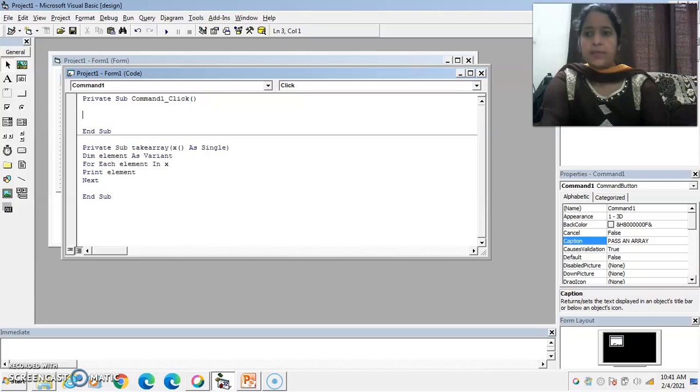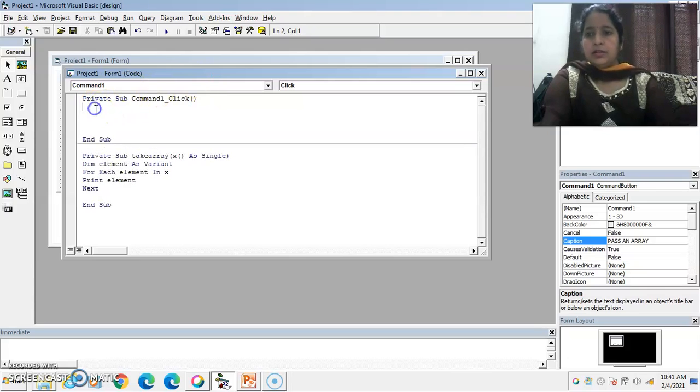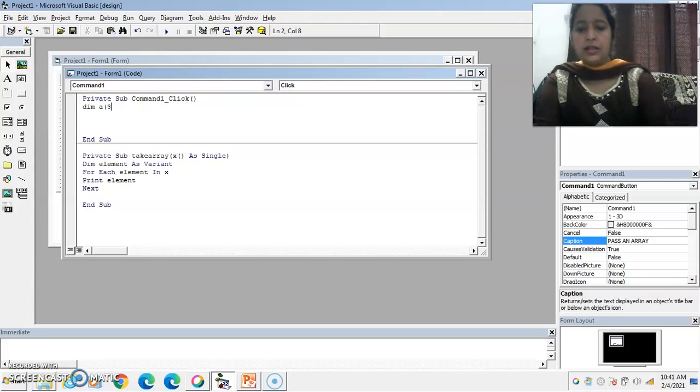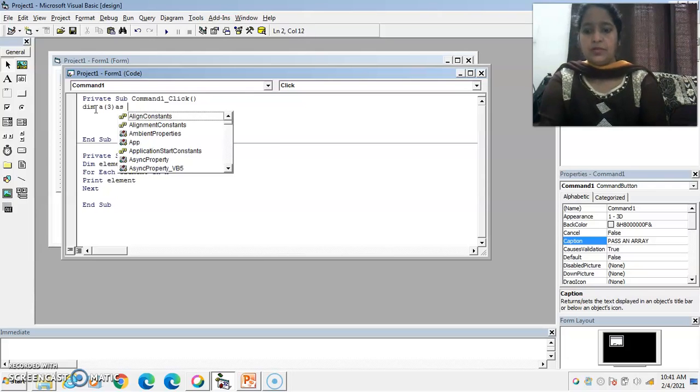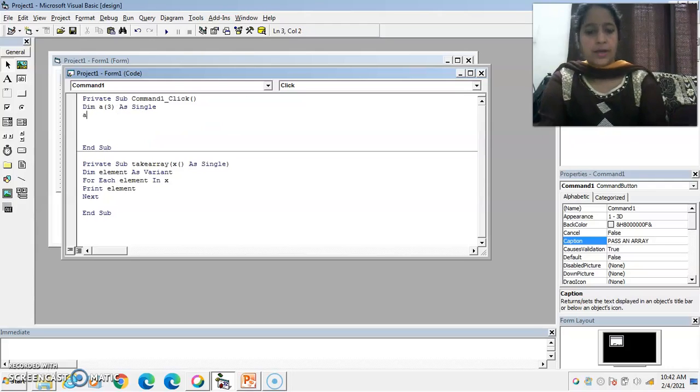Now at the command one click event, take an array of size 3 of single type. Now pass the values to these elements.